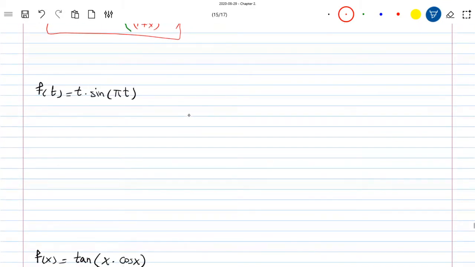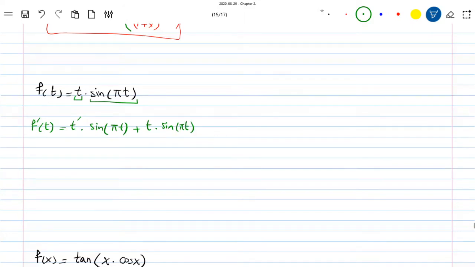Oh, this one, you have two functions multiplied by each other. Do not jump ahead. First look to see what you see. You have t times sine of pi t. And you want to take the derivative. So what rule you apply is, first you deal with this as product rule. Derivative of the first one times the second function plus the first function times the derivative of the second. Sine pi t derivative. Okay, derivative of t is simply 1. So you have 1 times sine pi t